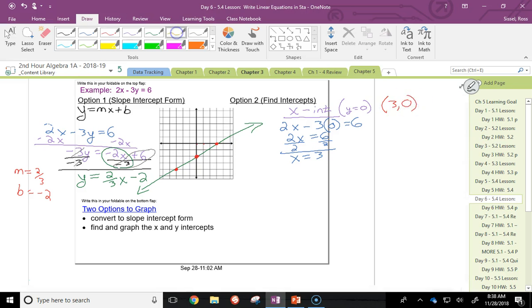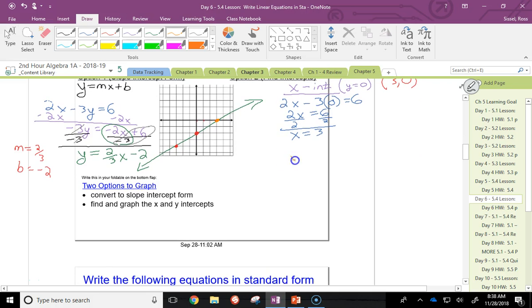We can go up and do so. So 1, 2, 3, 0. And that's perfect. We already had that point. So it shows that that point was correct when we did slope-intercept. Remember, our line should be the exact same line. When we do our y-intercept,